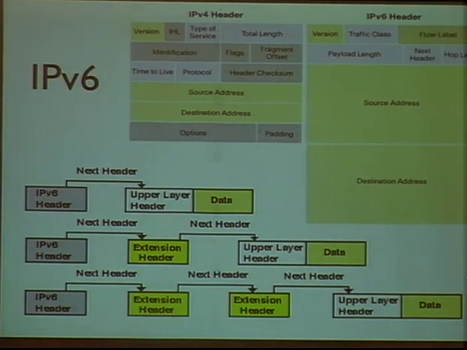The length field or the next header field identifies the next header, and the next, and the next. The funny thing is that you can mix and match those headers,